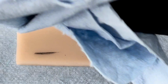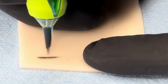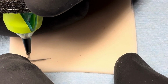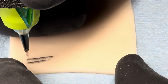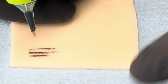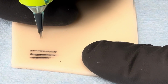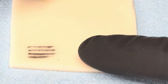So you can see that not all of my needle is making it into the skin. And you're going to notice that it has a sort of faded look. This side over here is more saturated than this side. Let's do this again a couple more times. And you can see the streak marks on this round shader. And that's just some of the side effects for improper needle depth. But in a nutshell, when we have improper needle depth, we're going to get a sort of inconsistent, patchy, faded look to our work here, which is why it's important that needle depth is really understood before we start tattooing